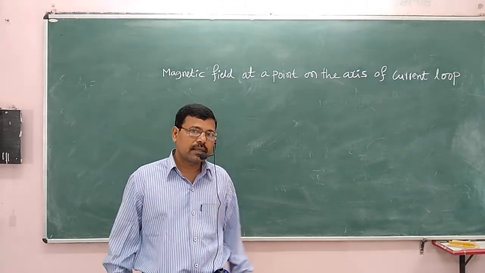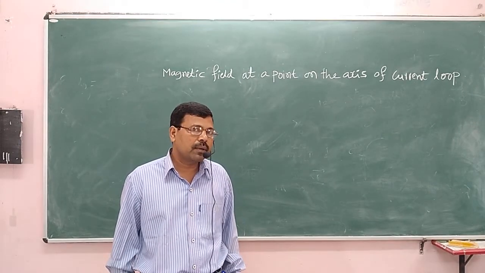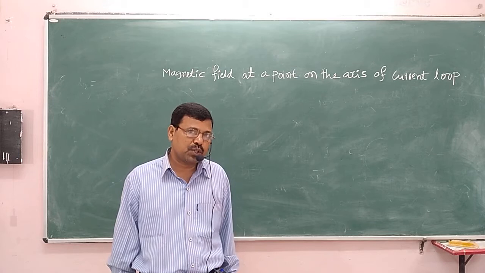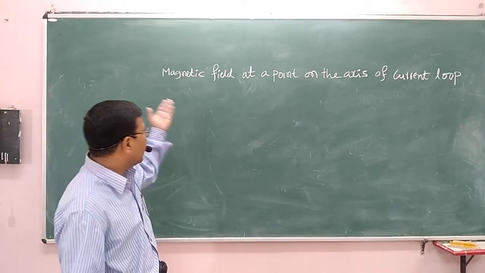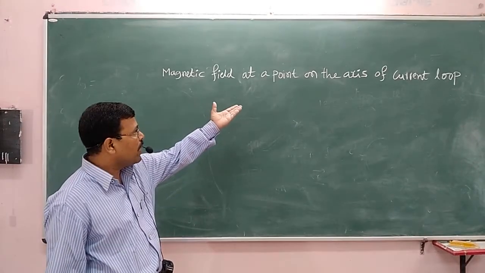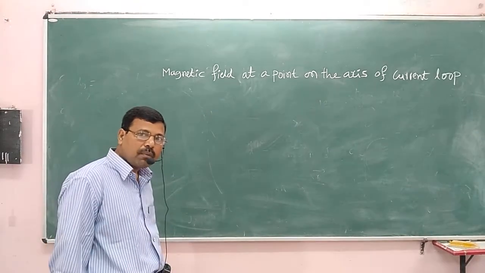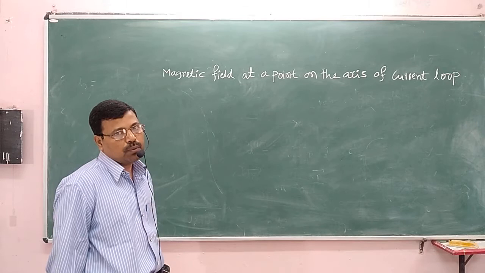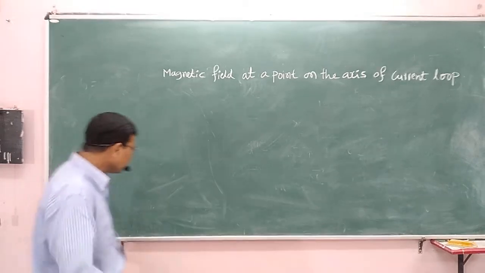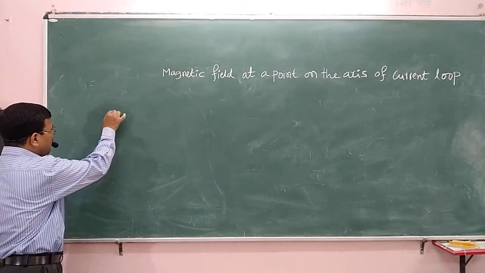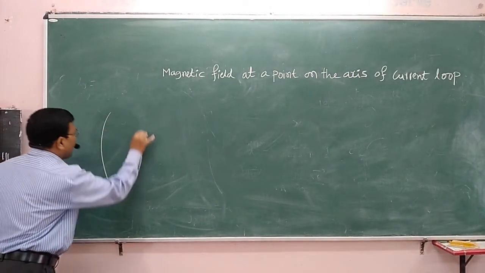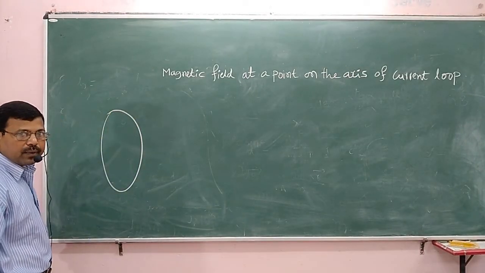In this session, I am going to derive a very important expression, a very important formula about the magnetic field at a point on the axis of a current carrying wire. Fine. Let us look at the current carrying loop. It is a current carrying loop